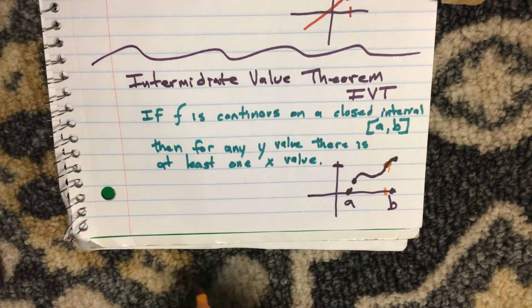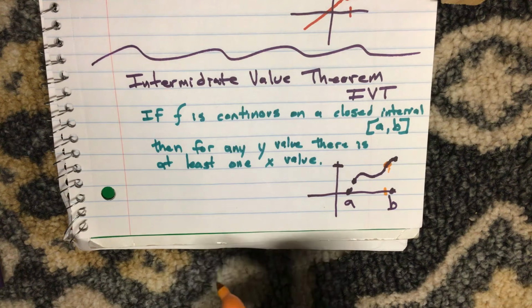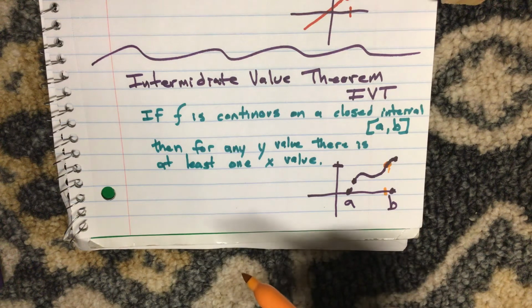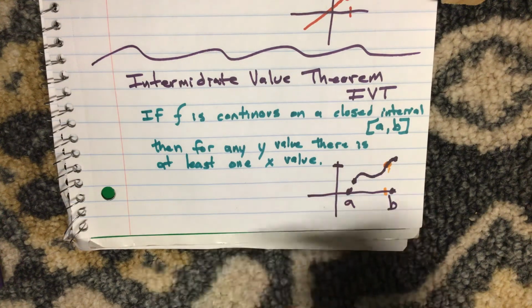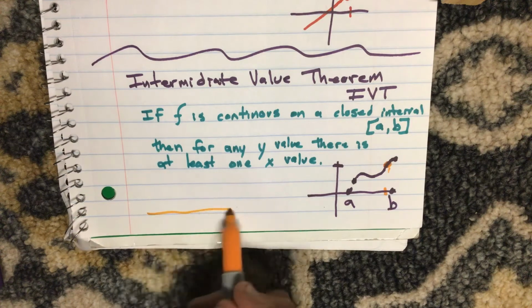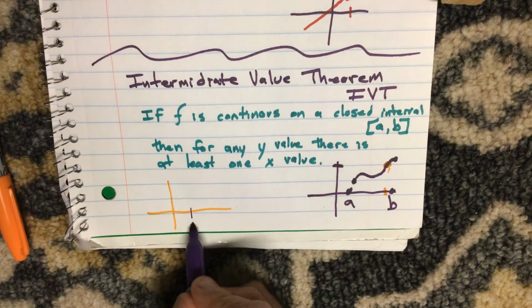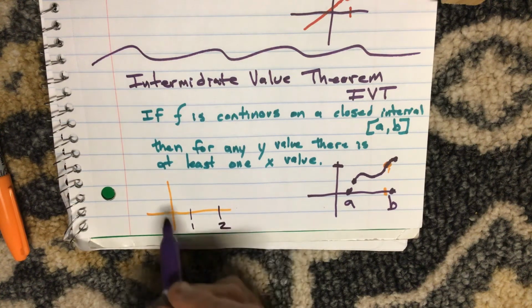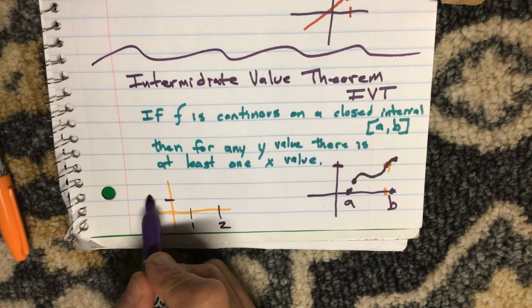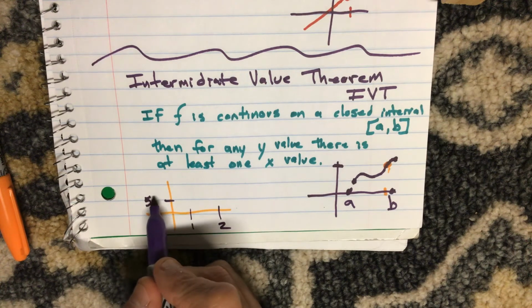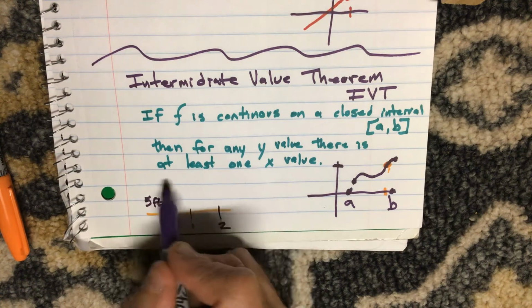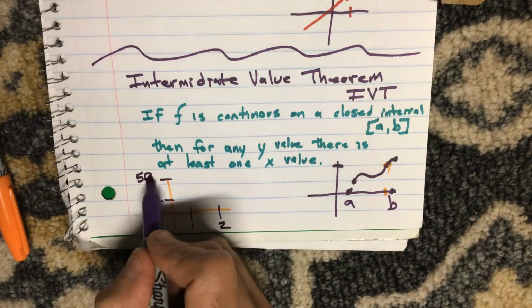A real life example of this would be like if someone is 5 feet tall this year and next year they're 5'2", then somewhere during the course of that year they must have been 5'1", because growth is continuous. So here's just a brief graph of what I was just saying. Let's say this is year 1 and this is next year, if you're in year 1 you're 5 feet tall, and on year 2 you're 5'2" tall,